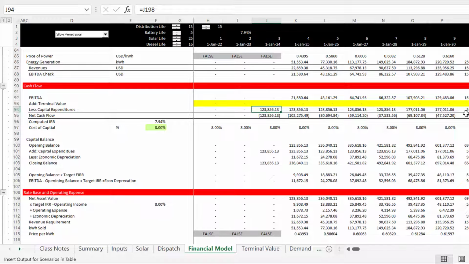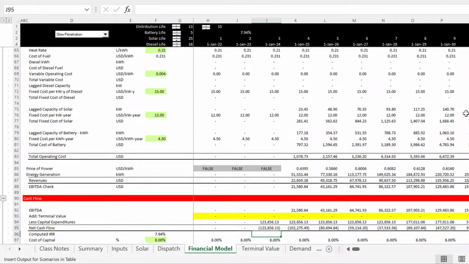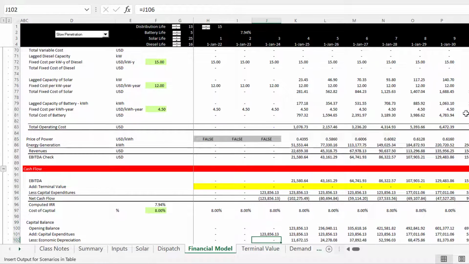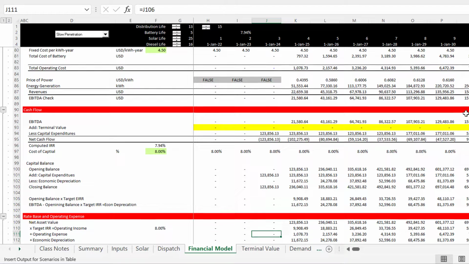And importantly, down here, can I find it? Where I computed the economic depreciation. Economic depreciation comes from here, and it comes from the EBITDA